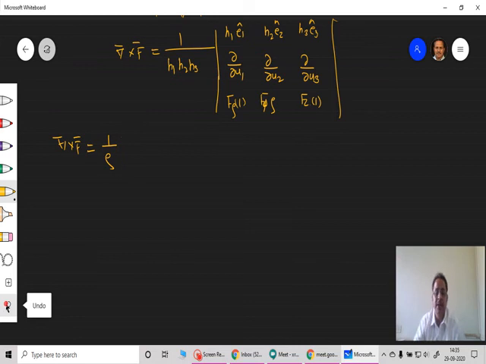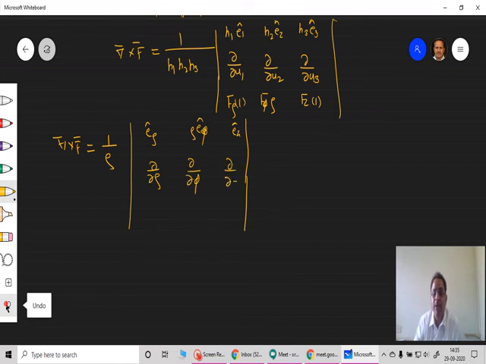So I'll write this here, it's a product, and then determinant form. It is h1 is 1 into e rho cap, rho into e phi cap, and third term is 1 into ez cap. This is my first row. Second row is ∂/∂rho, second component in the second row is ∂/∂phi and ∂/∂z. Here, as I said earlier, this is simply F rho into 1, this is F phi into rho, and third one is simply Fz.